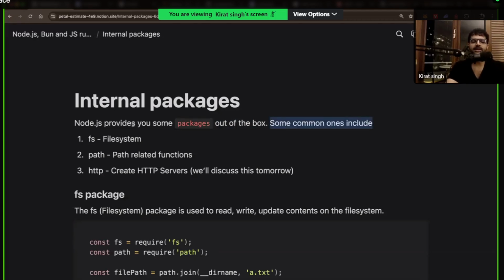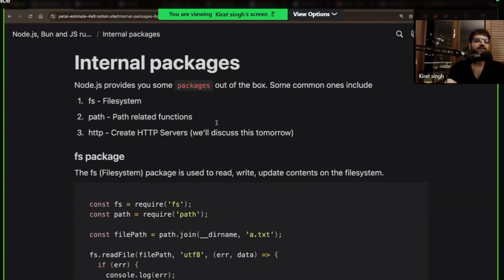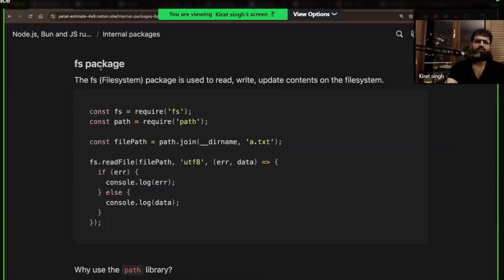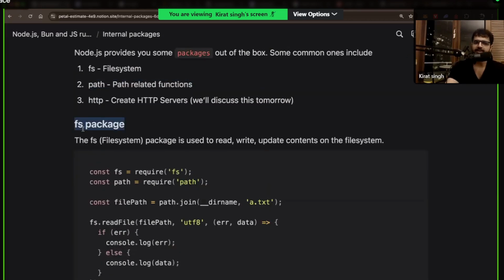Some common ones include fs for doing some file system manipulation. Path is another library that you don't really need for most use cases, but becomes handy sometimes. HTTP is a library that we'll come to very soon tomorrow, which Node.js also provides you out of the box, which basically means it comes bundled with Node.js. We have used the fs package many times now.